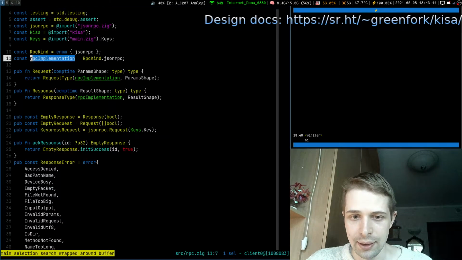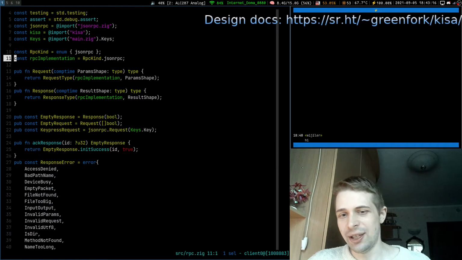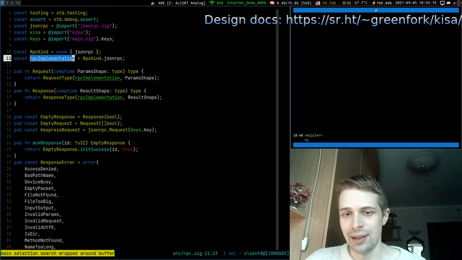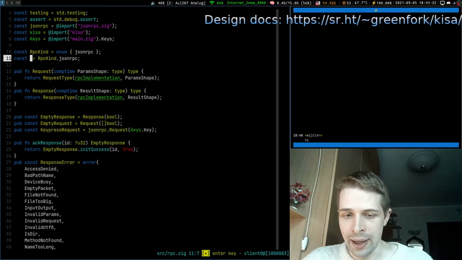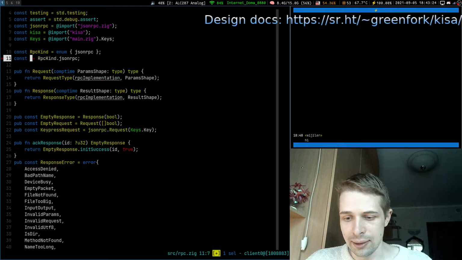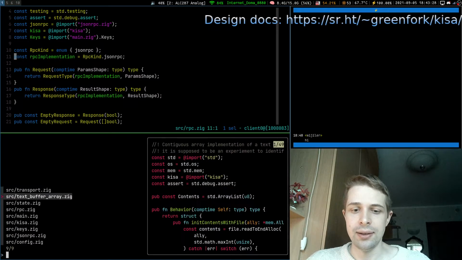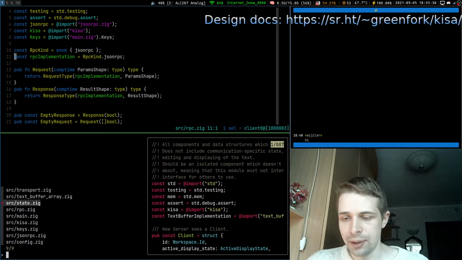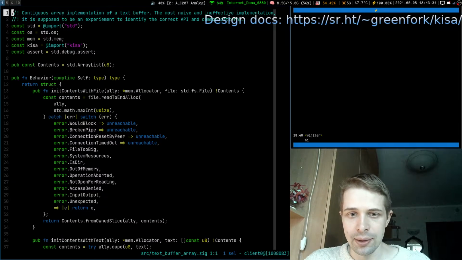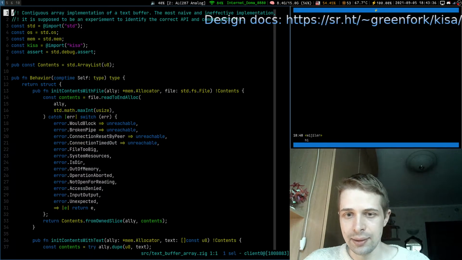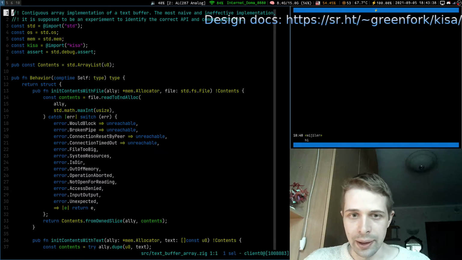Here not a lot of variance, because the code is not very complex. And for all the files here, a totally similar approach. This is our current text buffer, and we will come back to it later.